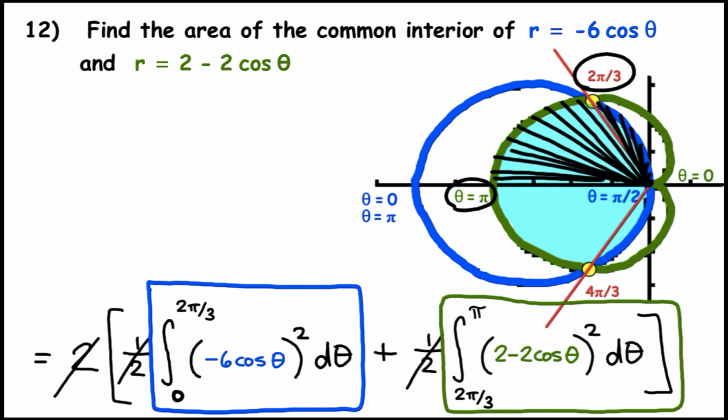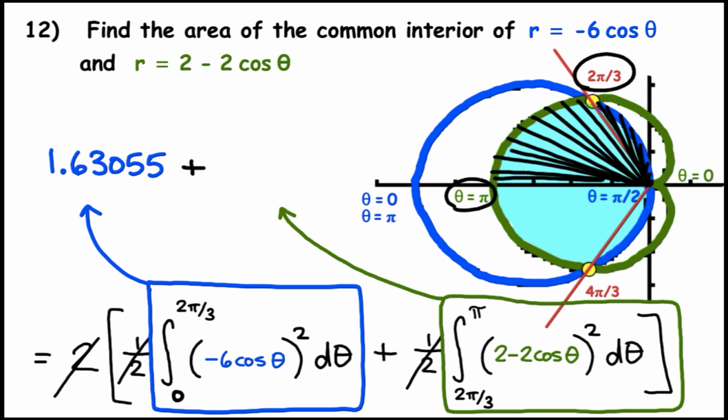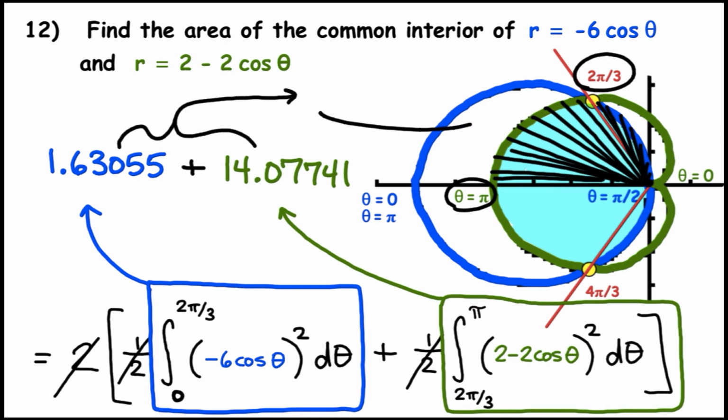The portion that you see in blue is obviously the smaller of the two. That's going to come out to 1.63055. And the portion in green, which is obviously the larger part of this, is going to be 14.07741. Add these together, round to 3 places, and you get the final answer of